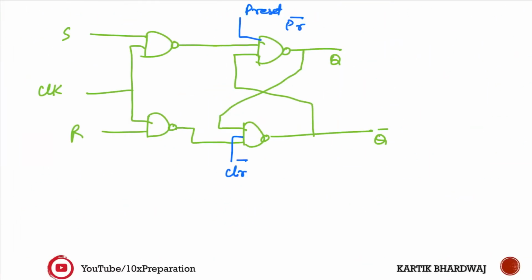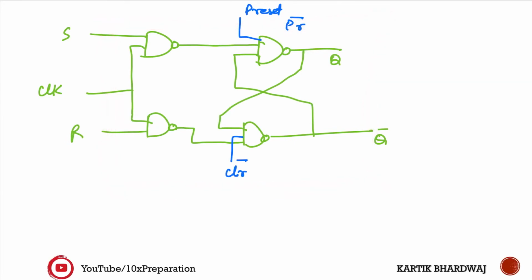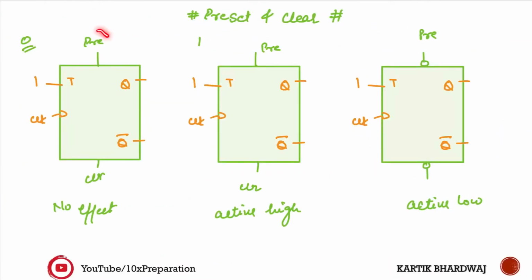Practically, I explained this in the beginning of sequential circuits, how you make a practical flip-flop. To make preset and clear in that circuit, you simply put two inputs over here. This is preset, a low active circuit I made there, and this is clear, also low active. Keep in mind that you can't give preset 1 and clear 1 at the same time. Don't make this blunder, because preset forces the output to 1 and clear forces it to 0, which is not possible.